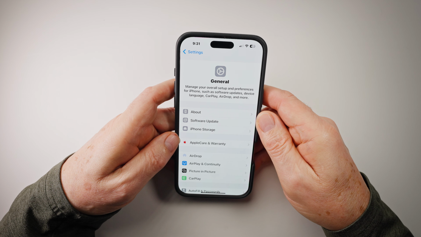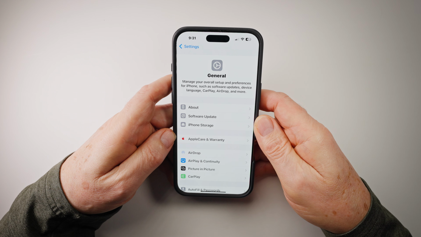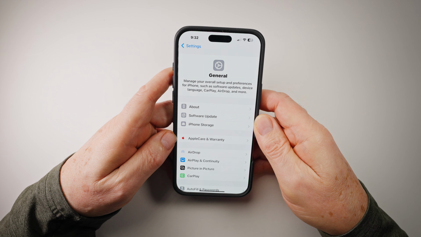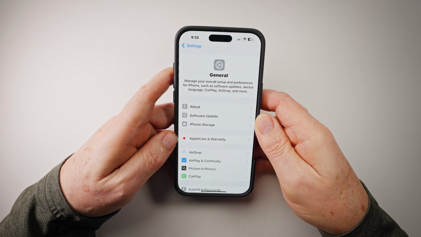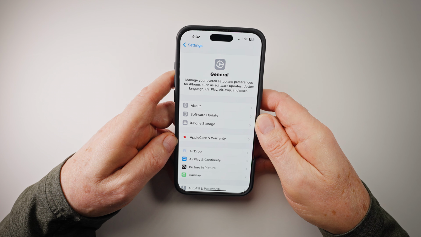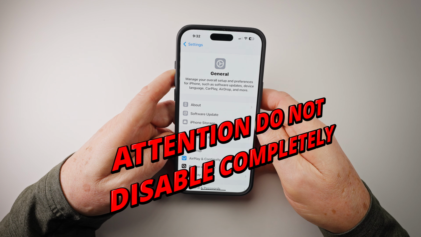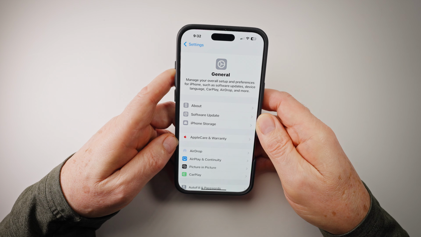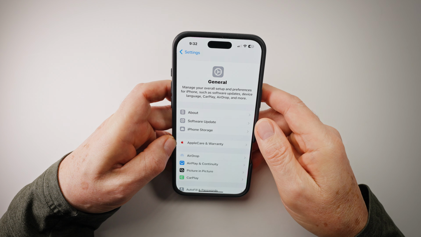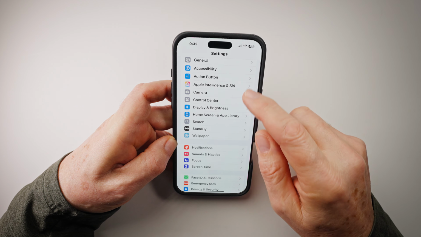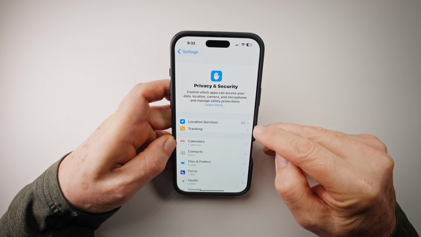Section 3, I will talk about privacy and security. We will turn off unnecessary location services. Did you know that some applications track your movement continuously, even when you are not using them? This consumes your battery and can be a risk to your privacy. But be careful, do not deactivate all these options because some are important and you will have to leave them checked. To deactivate them, go to Settings, Privacy and Security, and the Location